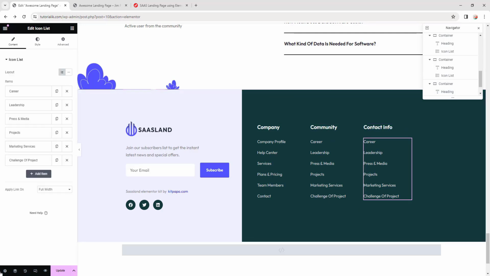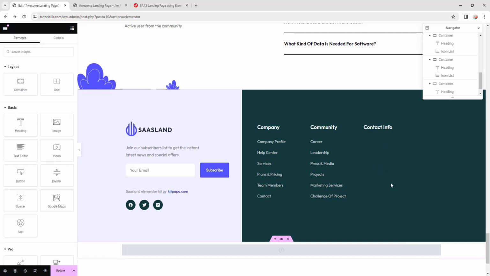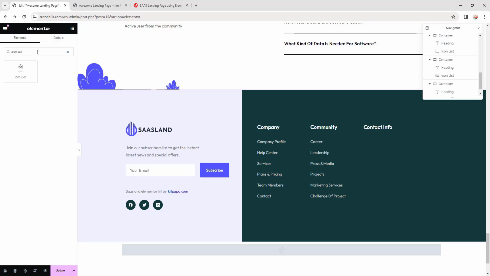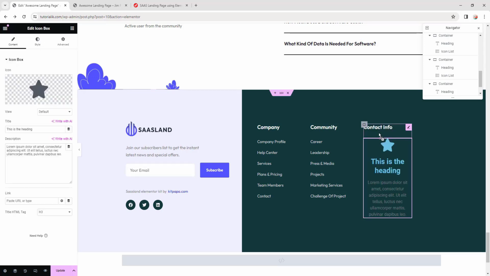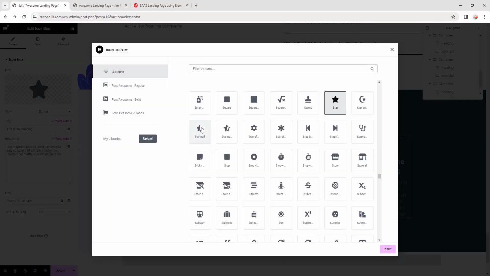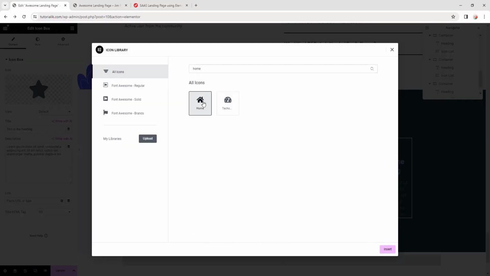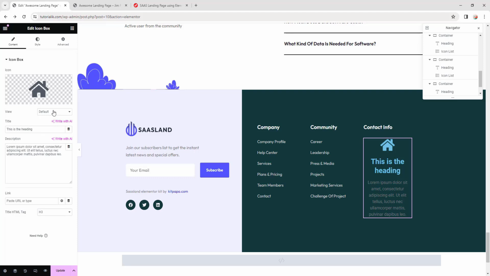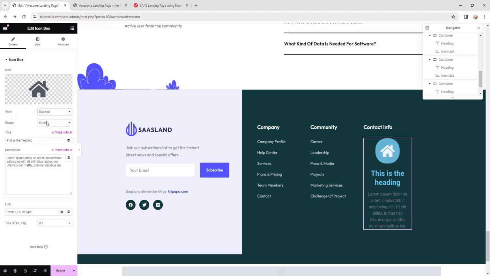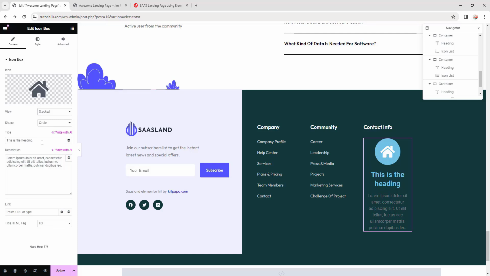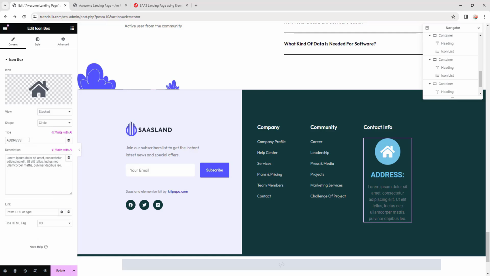Then this time we're not gonna use this icon list, we're gonna delete this, and instead we're gonna use icon box. So I'm gonna search icon box, then drag and drop. In here let's first of all change the icon. I'm gonna search home and select this one. Then in here the view I'm gonna make it stacked. Then let's keep it circle. Then let's change this title. I'm gonna make it address. Then also let's change this description,